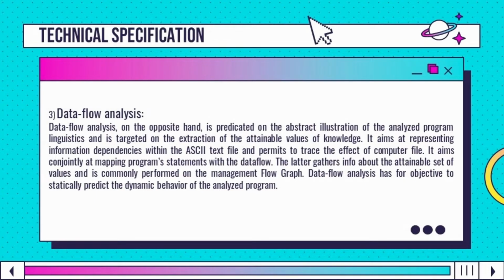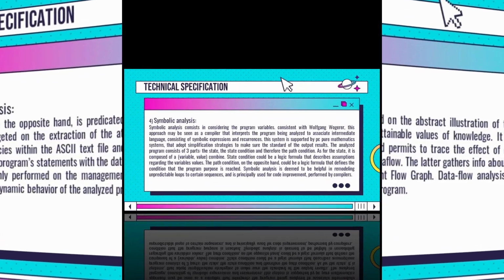Data flow analysis, on the other hand, is based on the abstract representation of the analyzed program semantics and is focused on the extraction of the possible values of data. It represents data dependency within the ASC2 source file and allows us to trace the effect of input data. The fourth one,